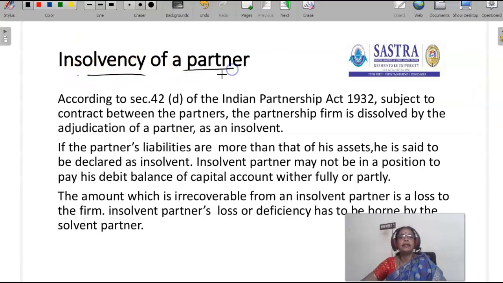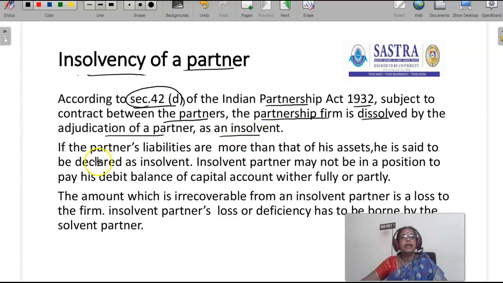Insolvency of a partner. According to Section 42D of the Indian Partnership Act 1932, subject to contract between the partners, the partnership firm is dissolved by the adjudication of a partner as an insolvent. Section 42D of the Indian Partnership Act 1932 deals with the insolvency of a partner. A partnership becomes dissolved if all the partners become insolvent or all except one